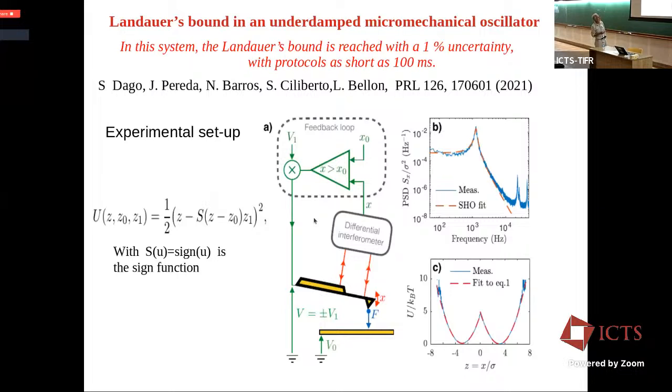And okay, you can do this, but you can also go into another system which is quite different. Instead of doing the experiment with colloids, you can do it, for example, with a micromechanical actuator. I'll skip all the experimental details, but what is happening here is that by doing this feedback, which is quite similar to